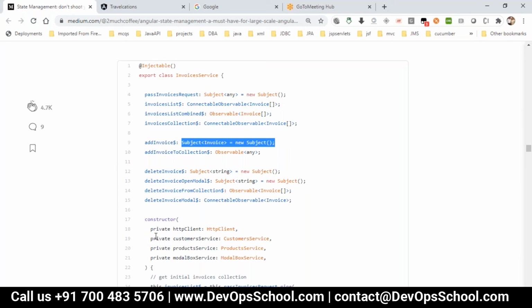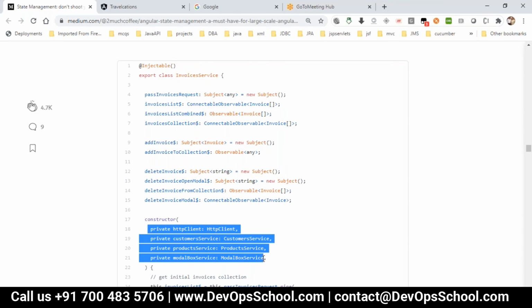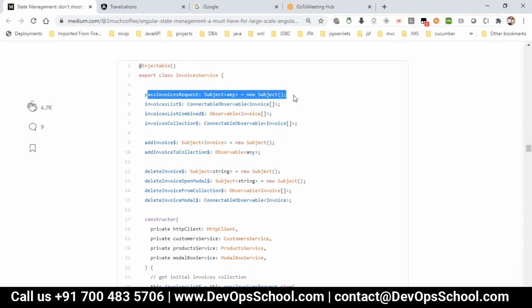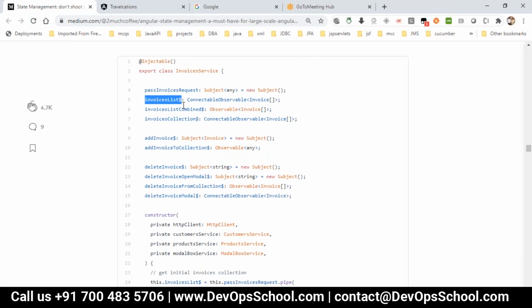All three service objects are created here, and for each subject or observable variable we have created the variable with a dollar. This is a naming convention which we follow when we use the subject or behavior subject.